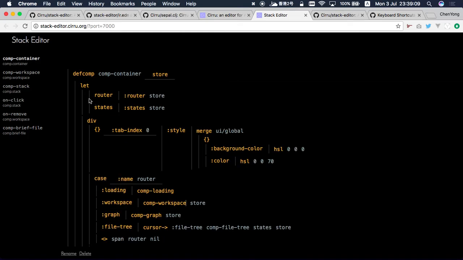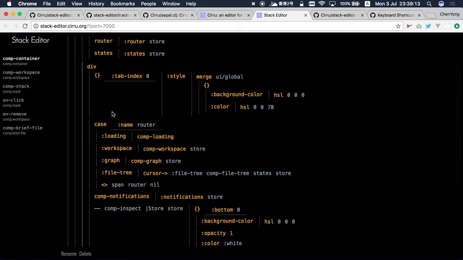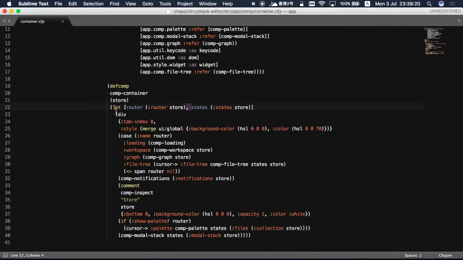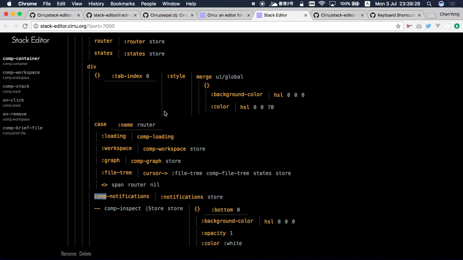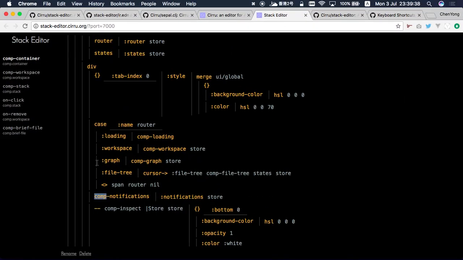The component container is a let expression and a div expression and a case expression and component definitions, and in the file it's let expression, div expression, and case and definitions. So this is exactly the same code,